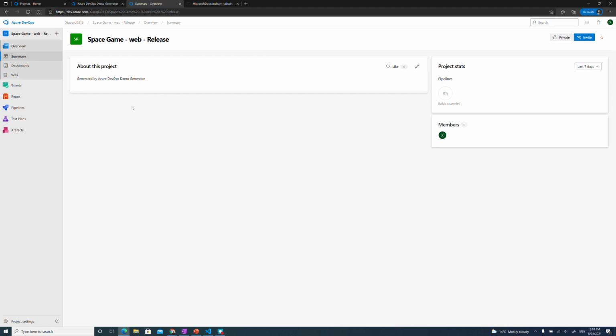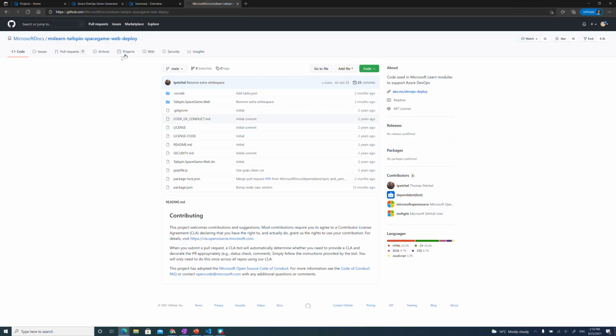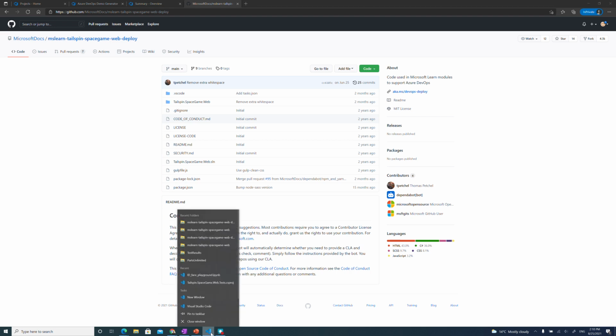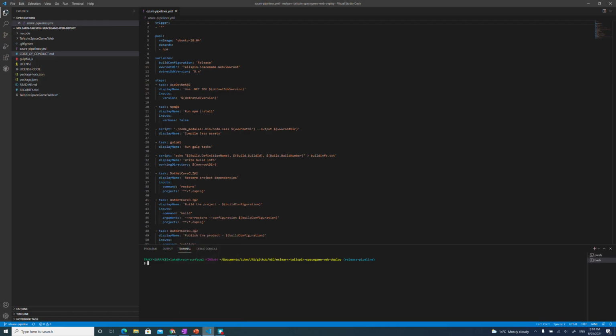Okay. So before we actually try this, we also need to get the project from the GitHub repository. This is a different repository from before. This is a deployed project, so you can get it using your VS Code. I already have mine here, so you can check